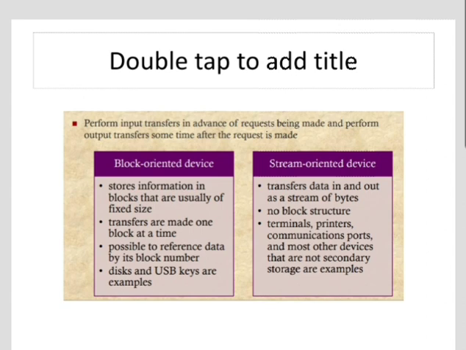So the difference between the block and the character devices is that the block devices are hardware devices which randomly access fixed size chunks of data, and the character devices are accessed as a stream of sequential data, one byte after another. Seeking is possible in block devices; seeking is not allowed in character devices.